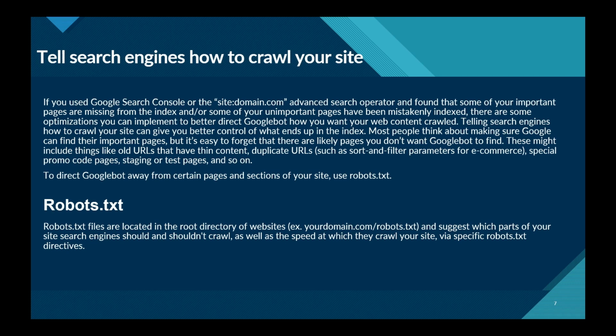How you want your web pages content to be crawled in the search result. Telling search engines how to crawl your site can give you better control of what ends up in the index. Most people think about making sure Google can include their important pages, but it's easy to forget that there are likely pages you don't want Google